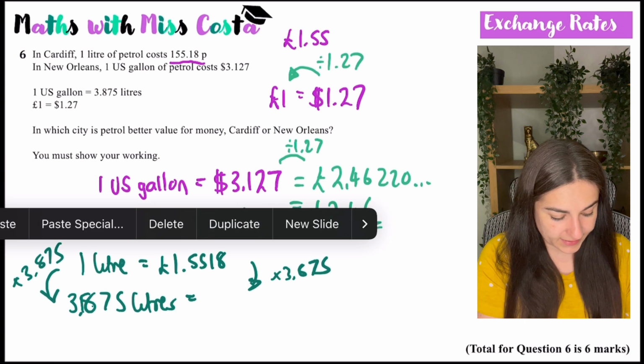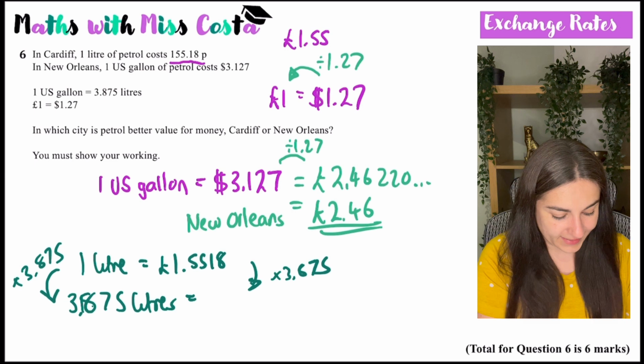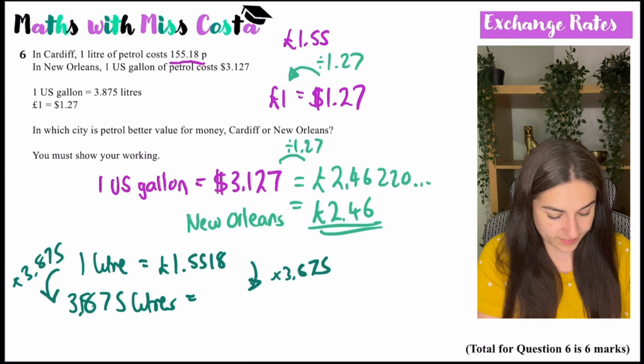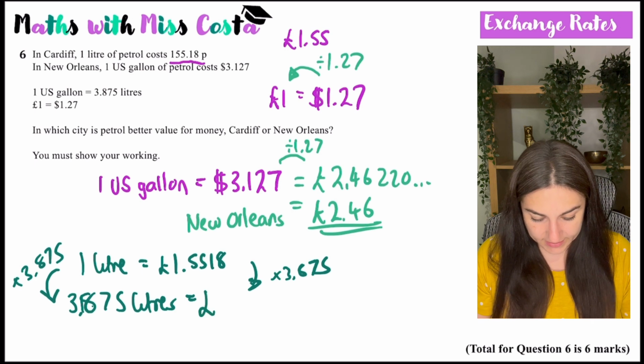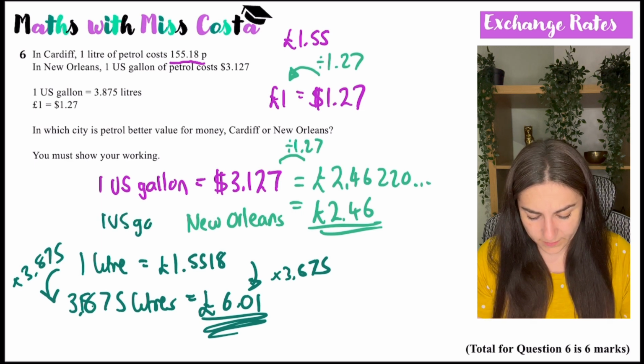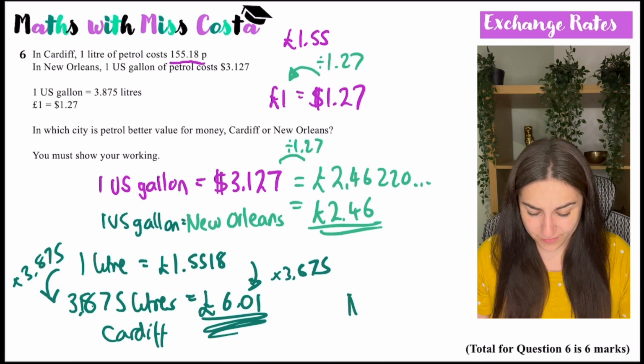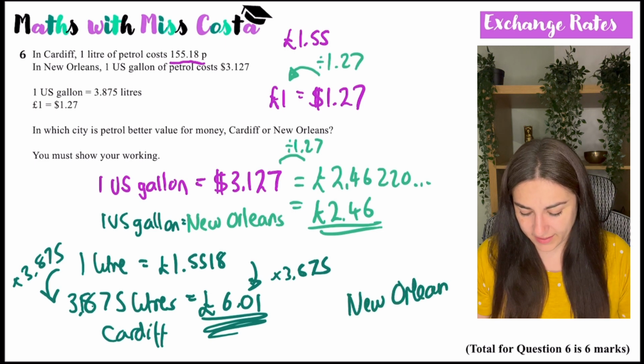So 3.875 times by 1.5518 equals £6.01. So therefore, in New Orleans, 1 US gallon is £2.46, and in Cardiff, 1 gallon is £6.01. So therefore, it is much cheaper in New Orleans,